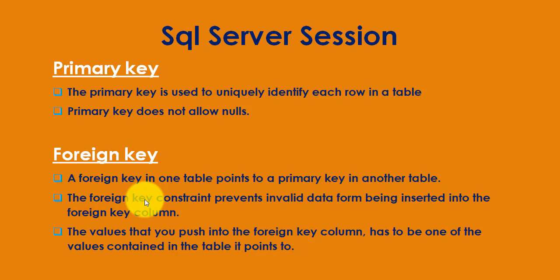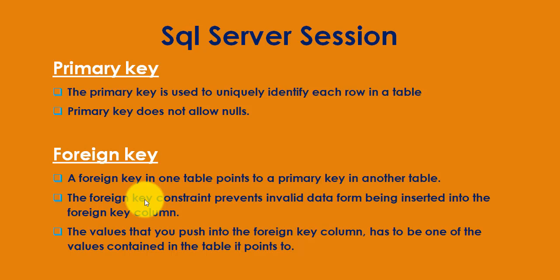If the tblGender ID values are 1, 2, 3, then these values should be in the gender ID of tblPerson. If the value is beyond that, it will throw an error and will not allow the value to be inserted into the tblPerson gender ID column, because the tblPerson gender ID foreign key column points to the ID primary key column of tblGender.